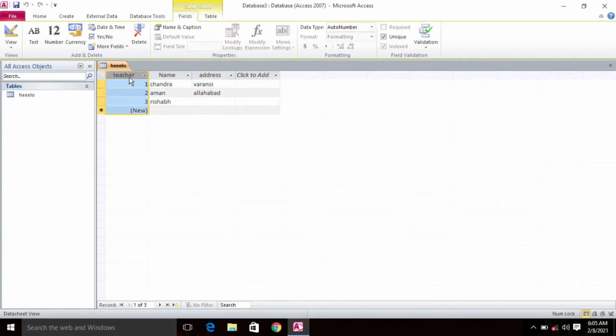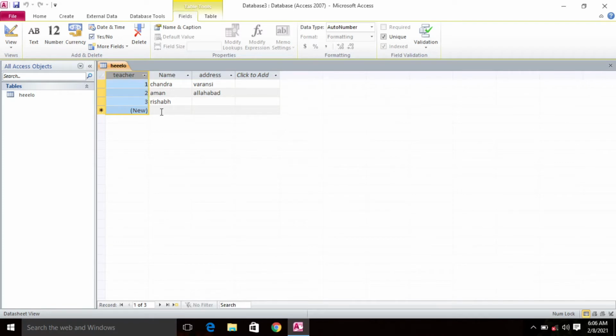Now, one more thing I would like to tell you: the first field of each table is the primary key. How can we identify it as the primary key? Because it is automatically updated, which means we don't have to insert any information in this field. It will automatically increase the value. Like here it is written 1, 2, 3.